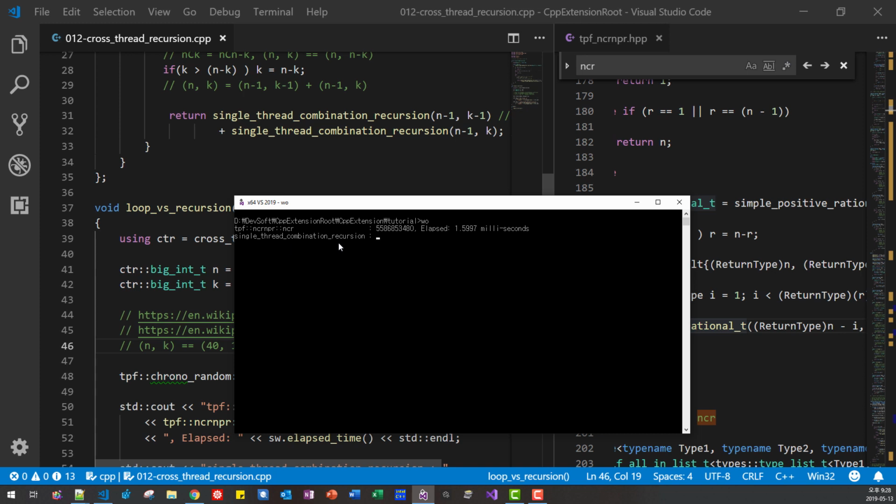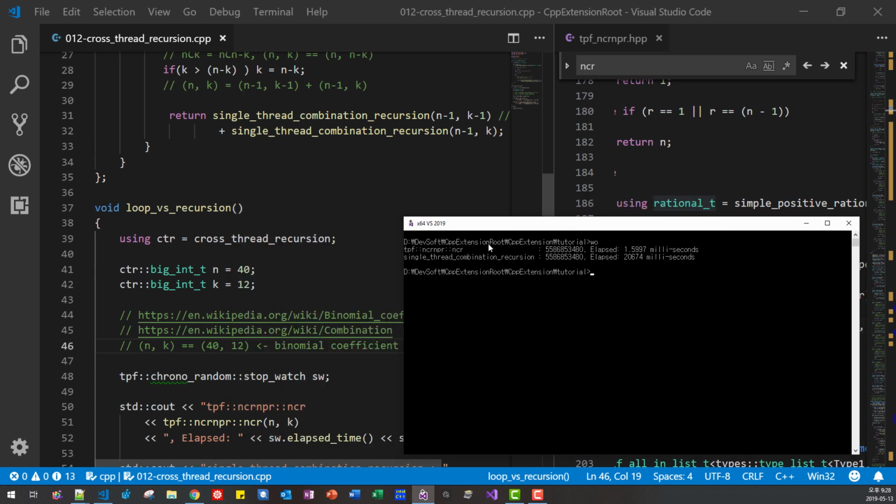This is recursion based. It is still working. It is still running. It takes much longer time. So it takes 20,000 milliseconds. When we use my loop-based algorithm, ncr, the result is the same.